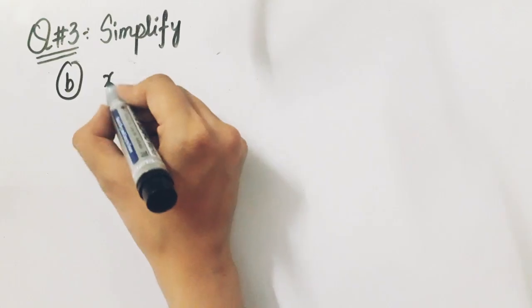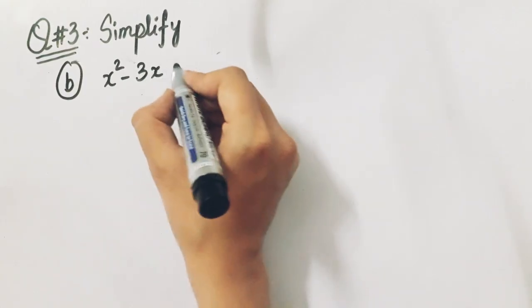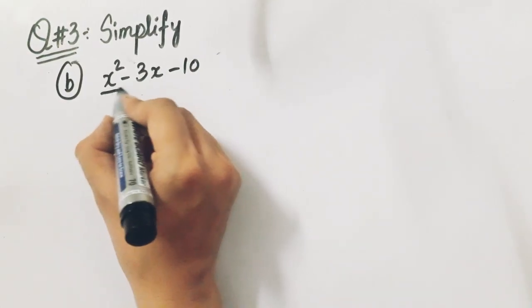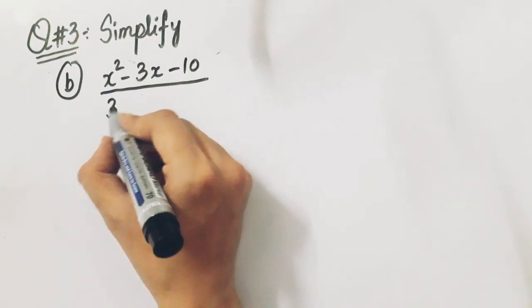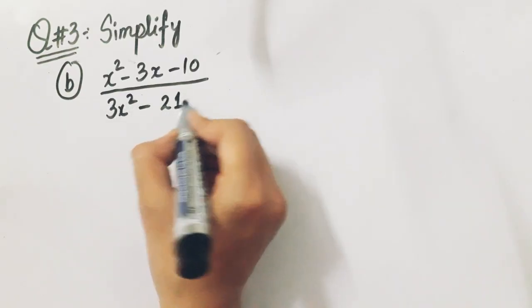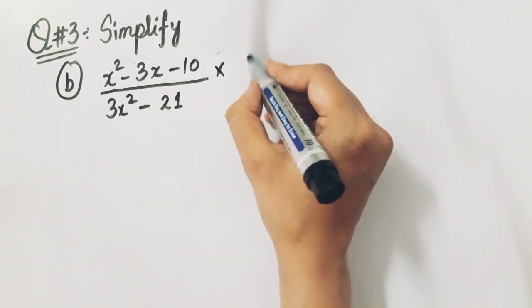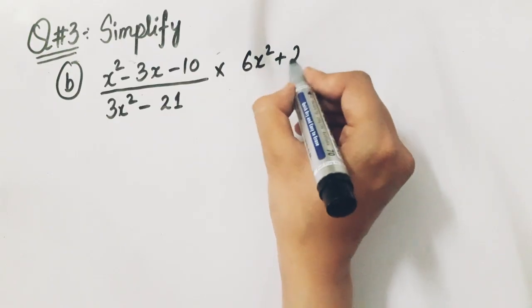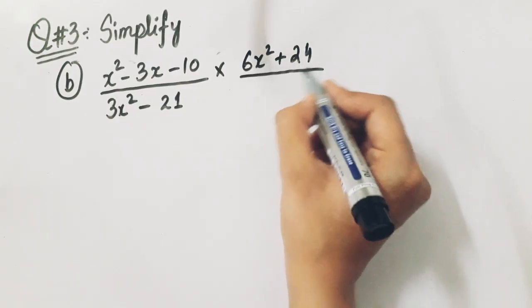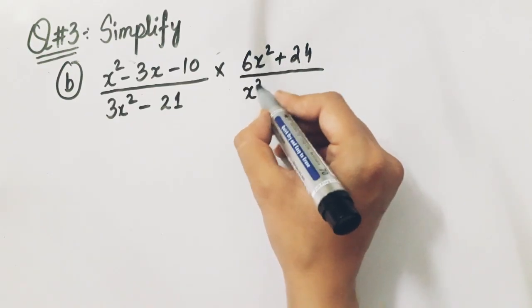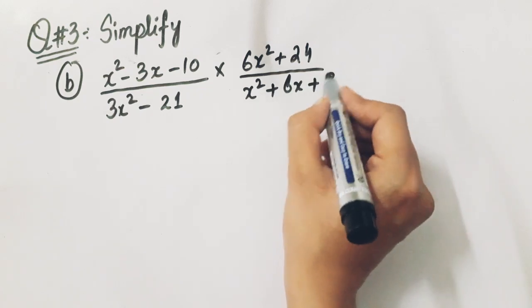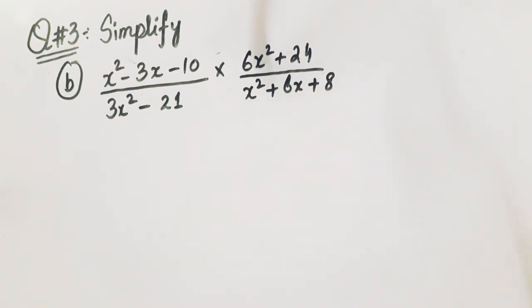Now B part is x square minus 3x minus 10 divided by 3x square minus 21, and here we have 6x square plus 24 divided by x square plus 6x plus 8. We will solve this as